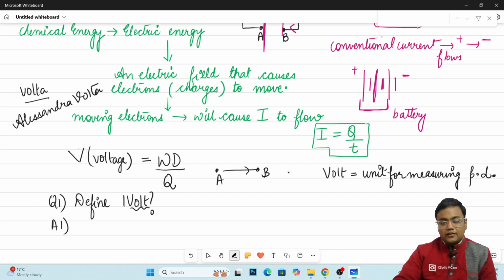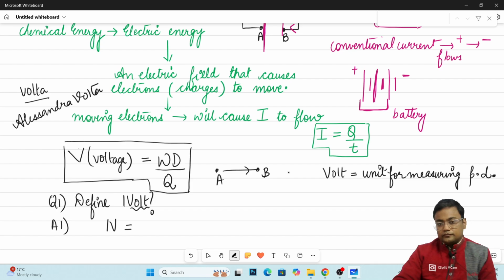If you go by the definition here, which I am boxing in right now, in place of voltage I can write 1 volt, and 1 will only come as the quotient of the fraction when the numerator is 1 joule, that is work done is 1 joule, energy spent in moving 1 coulomb of charge from a point A to a point B in an electric circuit,